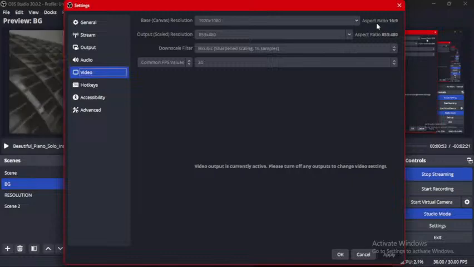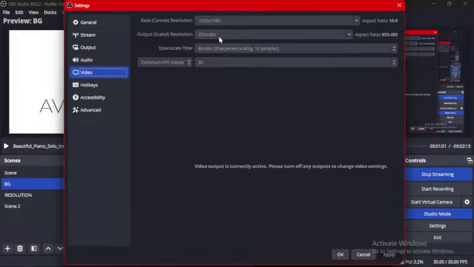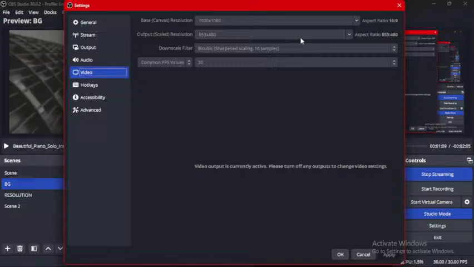Different terminologies. Now you can see the output resolution, which in brackets is the scaled resolution. This output resolution is the current resolution you are watching now on YouTube, 853 by 480. This is what you are currently watching on YouTube.